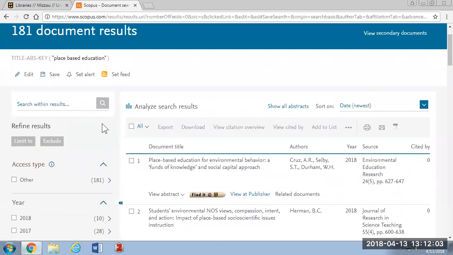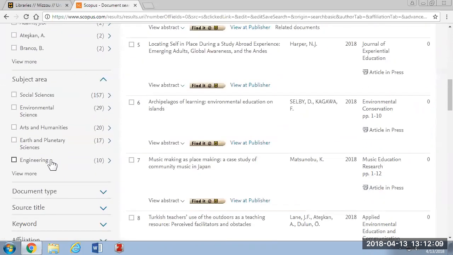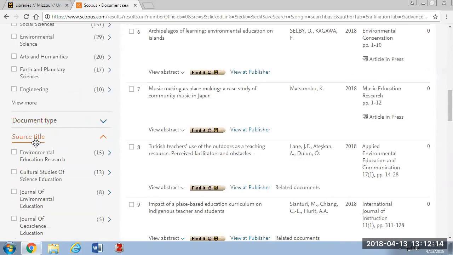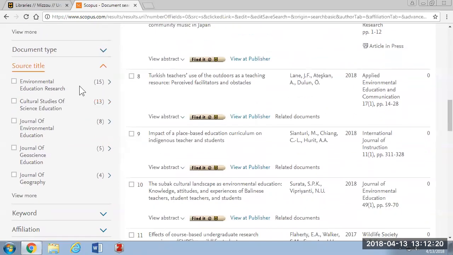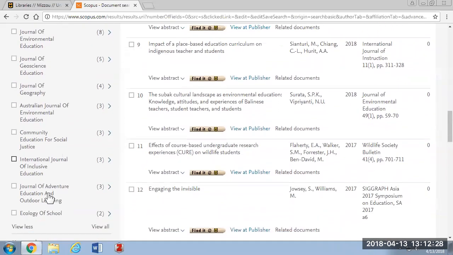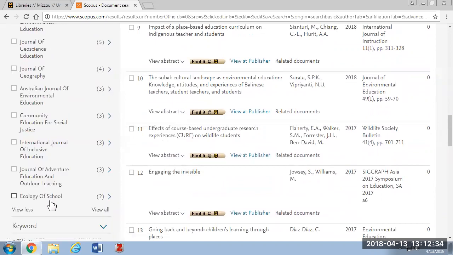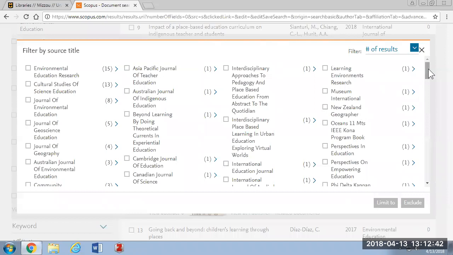But what you want to do is look over here on the left where it says refine results. If you come down a little bit, you'll see one called source title. If you click on that, it will give you the journals in the search results that are publishing the articles and how many articles are in each one. You can click on view more. I think you have to click on view more two times, and then you can click on view all and it'll give you a pop-up screen